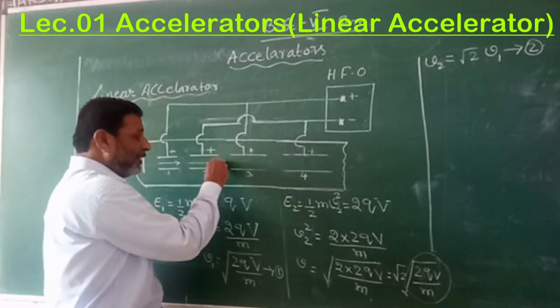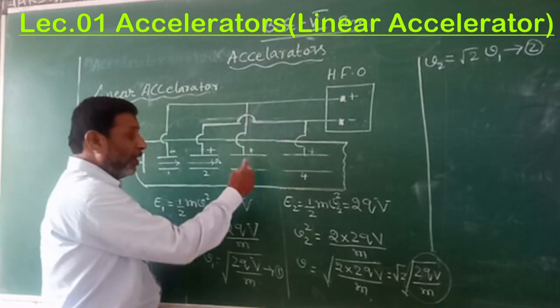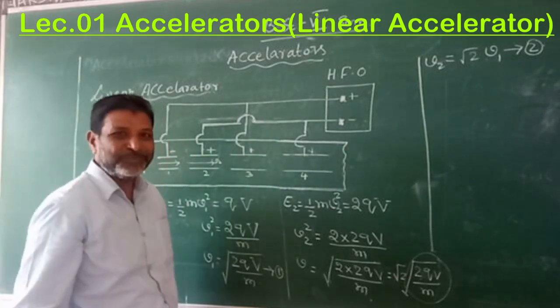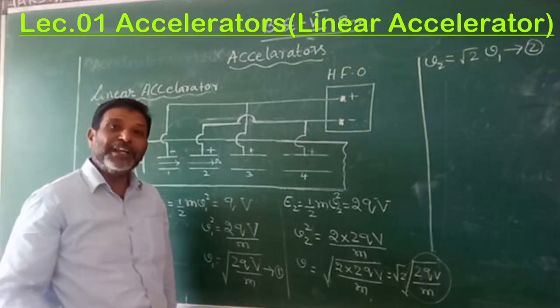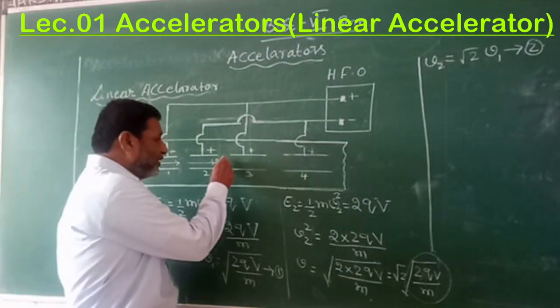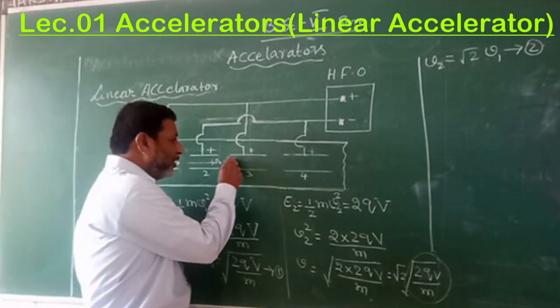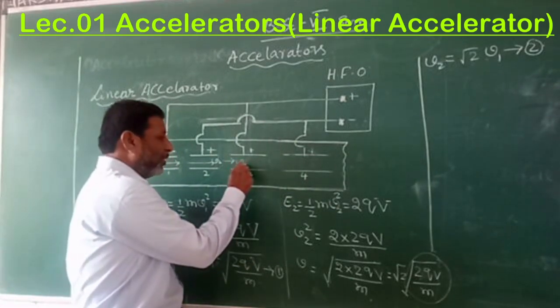Then this is the negatively charged electron. Now it has become positive. Now again it gets attracted, isn't it? Then again it gets attracted means its velocity increases again. Therefore, when the electron enters the third tube, its velocity is